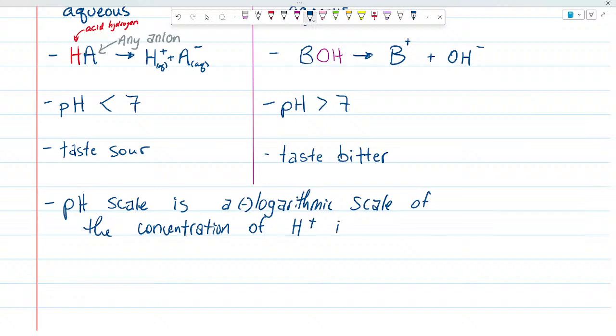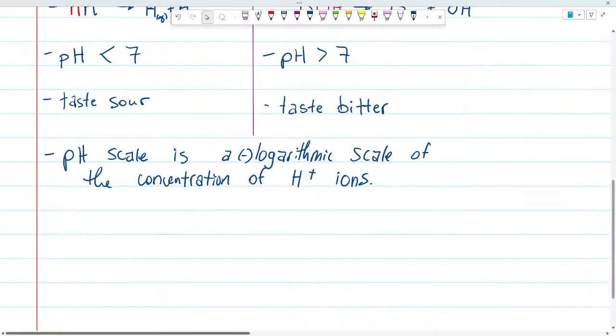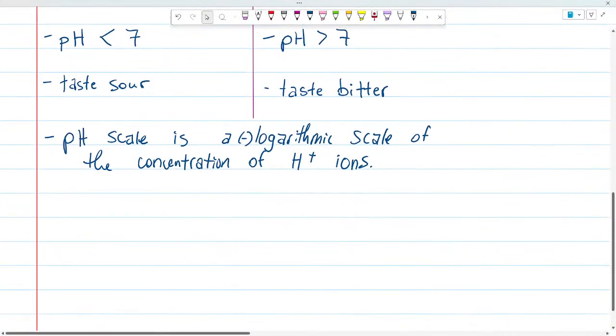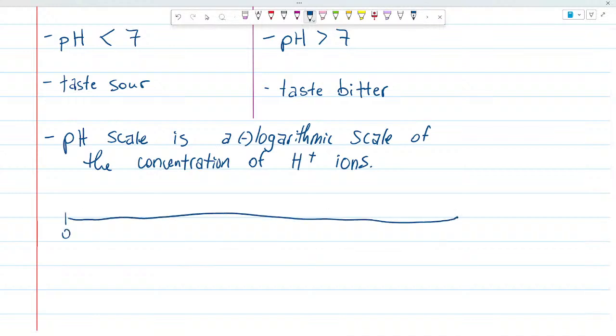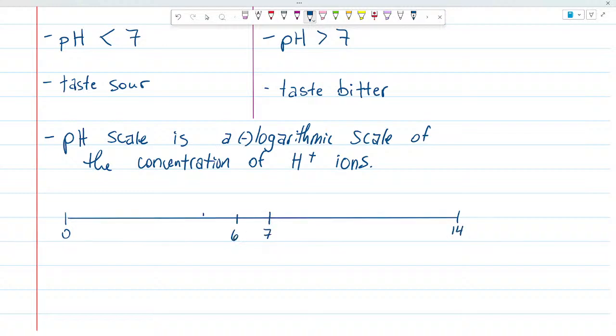You don't need to worry about that. But what you basically need to know is that as we range from 0 all the way up to 14, and again, I don't even like that framing of it because it implies that you can't go below 0, which you absolutely can. This isn't there, but if we look at this